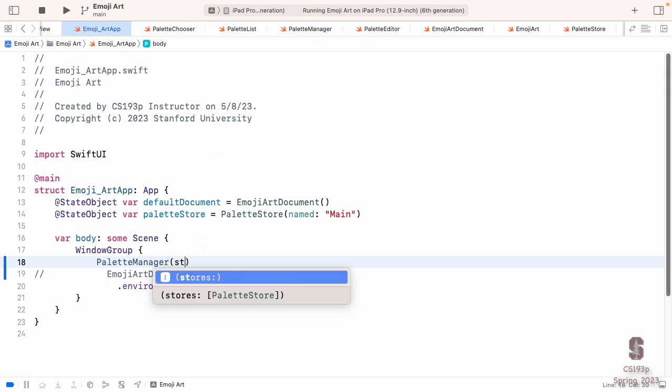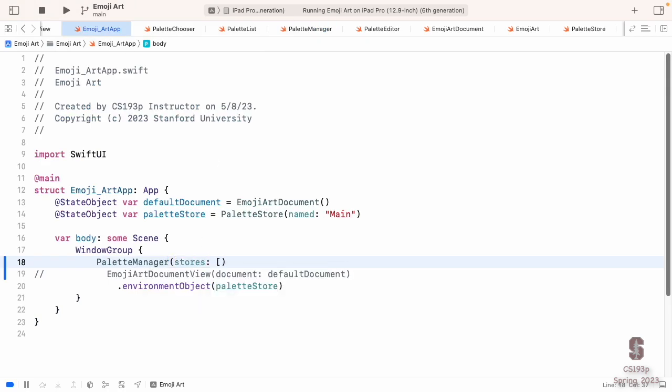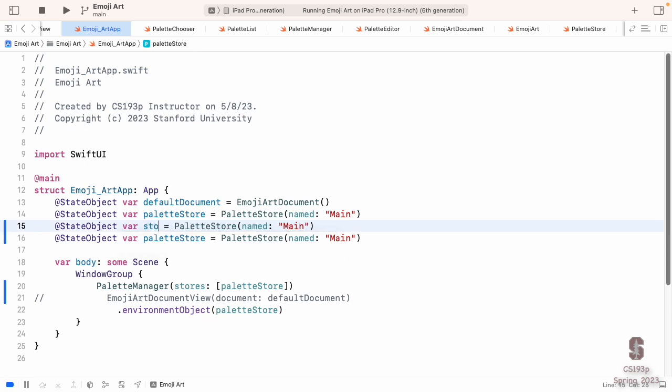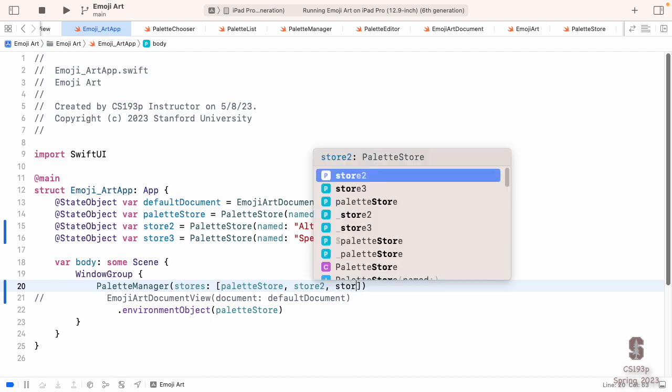We have my palette manager, stores. We'll put our palette store, which is the thing we inject. Let's make a couple more. Store 2, store 3. I'll call this one my alternate store. We'll call this one maybe my special store or something, but they're different stores. We'll pass them in so we have multiple stores to choose from, store 2 and store 3.